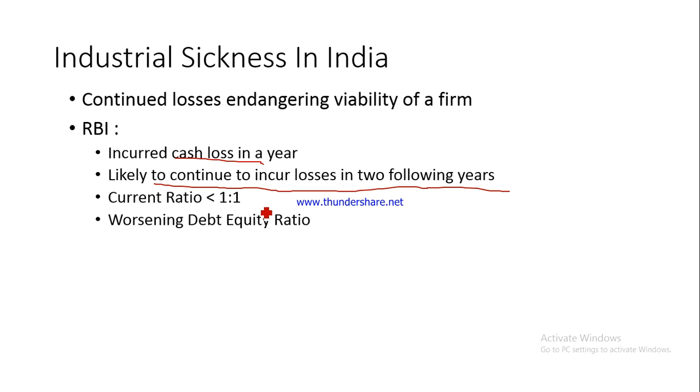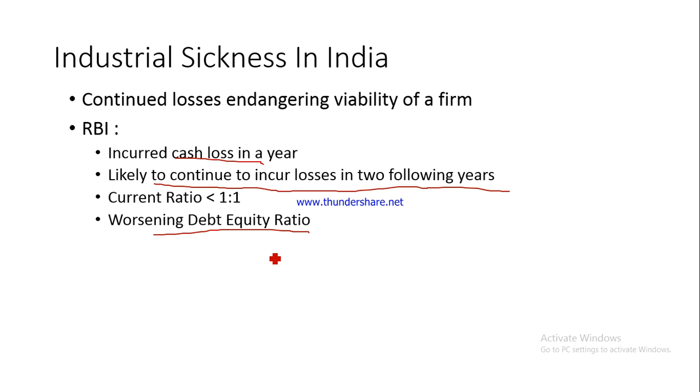I hope you remember what current ratio is, the ratio between current assets and current liability. So if the current assets fall down below the level of current liabilities, which means the liabilities are now more than the assets, it can be termed as a sick industry, as a sick firm. And again, the worsening debt equity ratio. You know the ideal debt equity ratio is 2:1. If it worsens further,